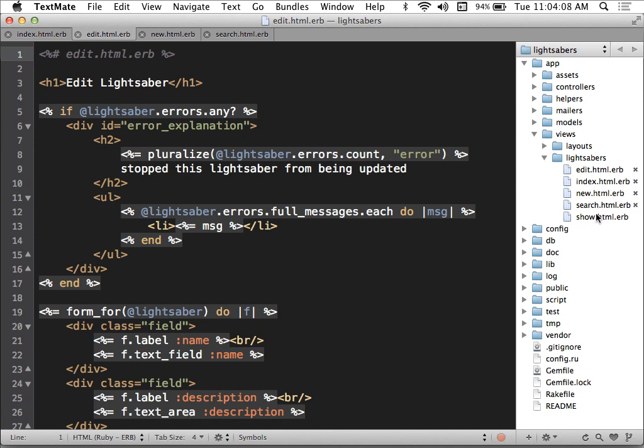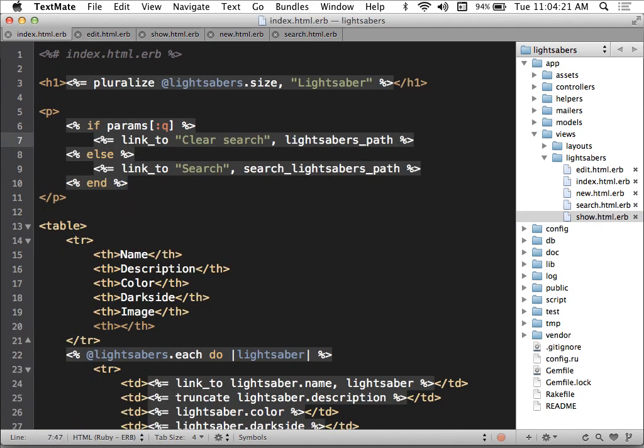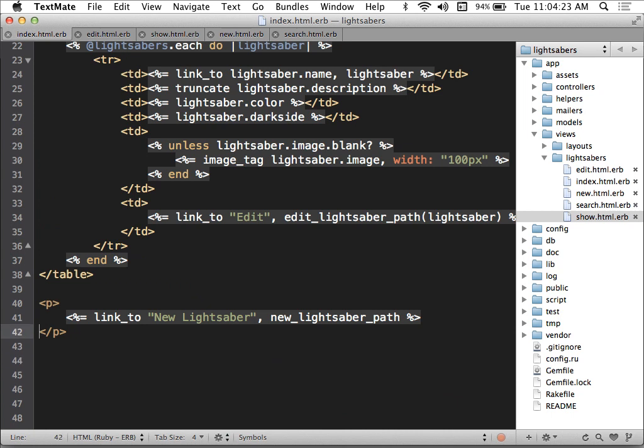One other place where we had a little bit of drying up to do is in our show page. We had a little bit of logic in here that determined whether an image of a lightsaber would be shown. And we had something very similar to that over on our index page. We didn't write them in exactly the same way, but the basic functionality is the same. Show an image of a lightsaber if we have one. If we don't have one, then don't show it, is really what both of those come down to. Right? So what I wanted to do today was show you two different